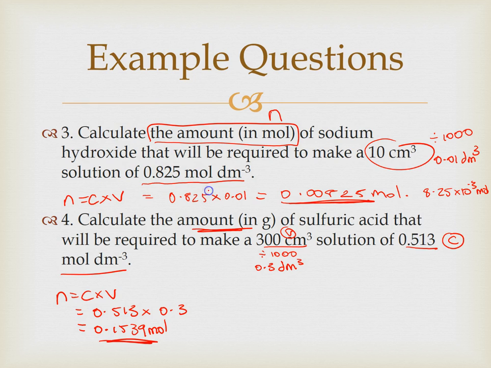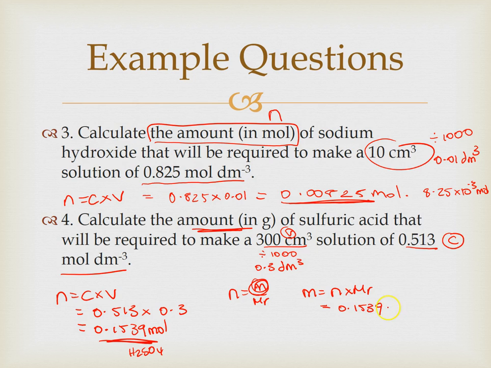Whoa, what happened there? Let's have a look. That is the amount of H2SO4 in mole, but I want to work out the amount in grams. So the only formula that we currently know to link grams and mole is n is equal to m on Mr. If I rearrange for mass, I'm going to get mass is equal to n times Mr. I have n over here,